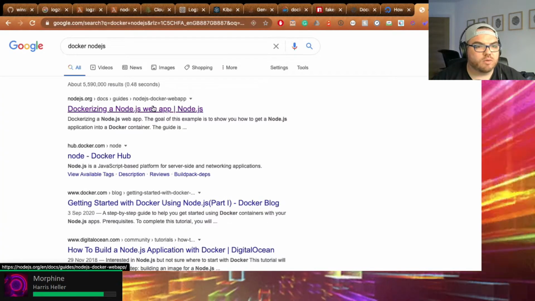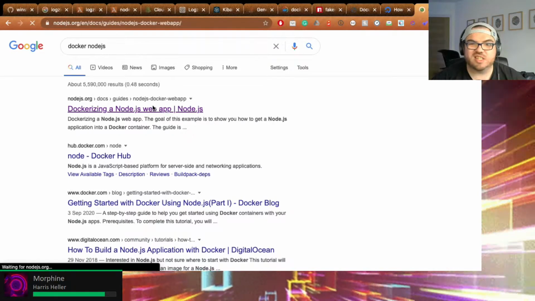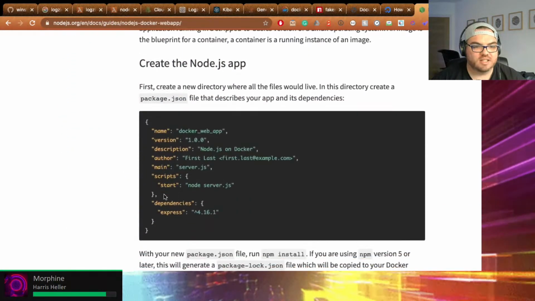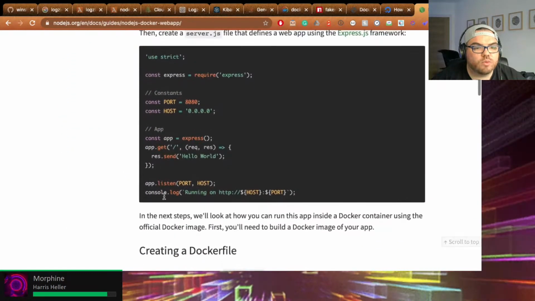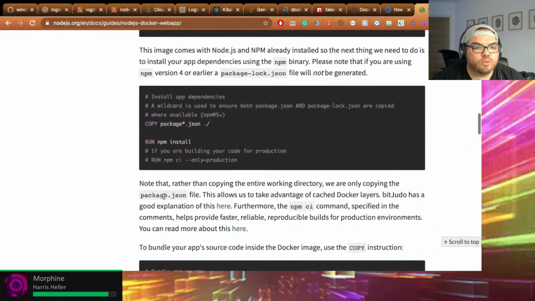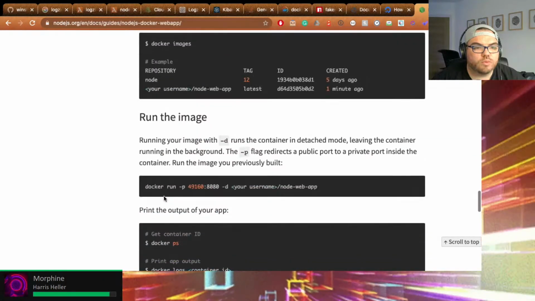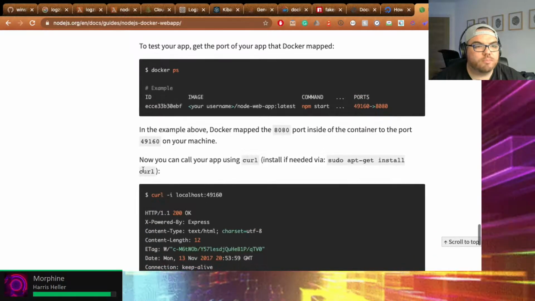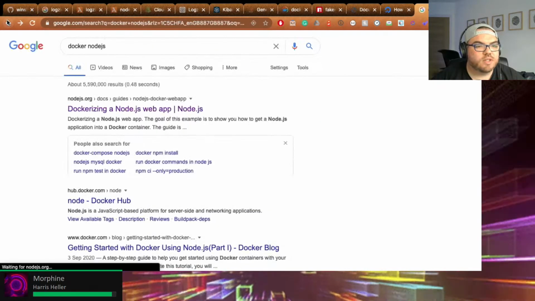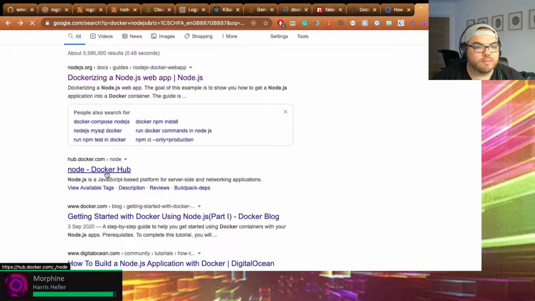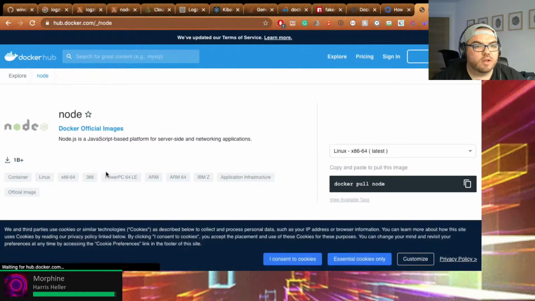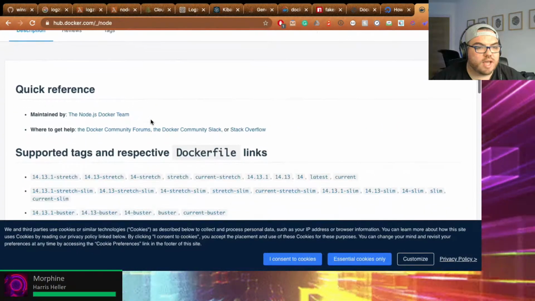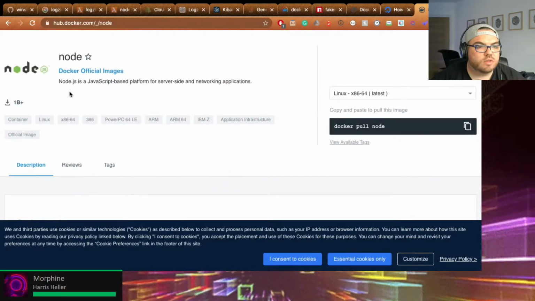Must be an Alpine or other version which is slightly less fatty. There we go. Let's go with the node one. Official node images. Excellent. That's what I want.